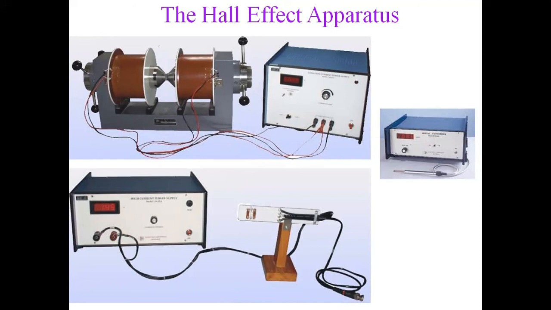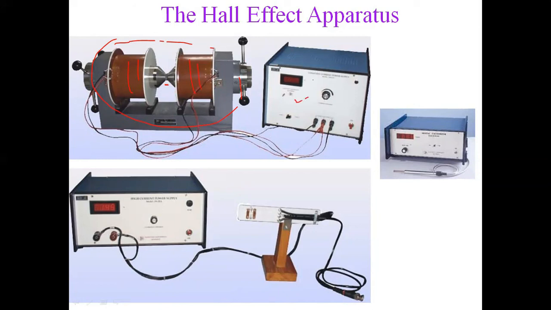For the magnetic field, you will use an electromagnet. What is an electromagnet? An electromagnet is a large number of coils. You observe here there is a large number of coils. When current passes through this electromagnet, it is activated and a magnetic field is generated in between the pole pieces. So if you place your semiconductor between the two pole pieces, then the magnetic field is exerted on that semiconductor. For this electromagnet you require another current source.